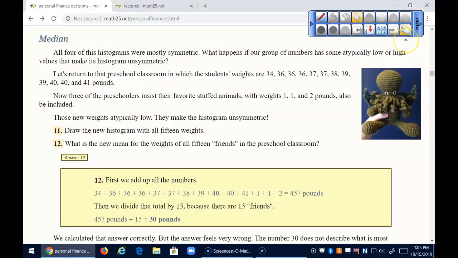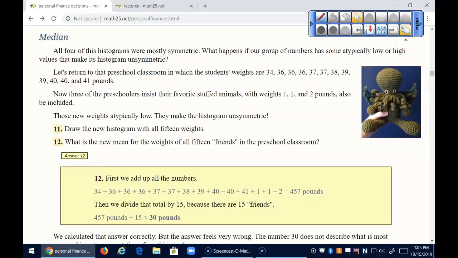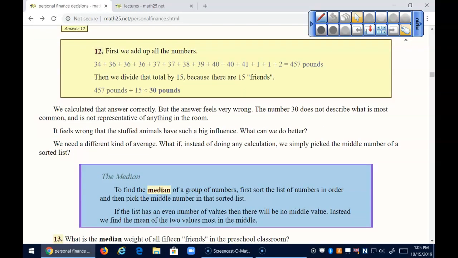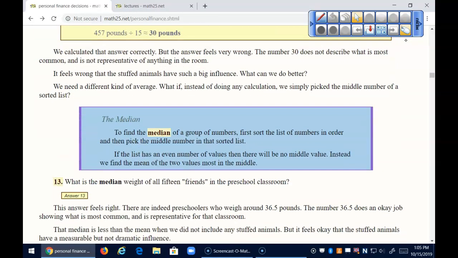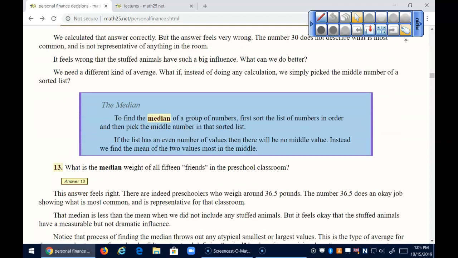But in real life, this happens all the time, actually. It's not with stuffed animals, but with other things. Tricia did an amazing thing earlier. She said, let's take the smallest and the biggest of the shapes and toss them out, and repeat that until we get to something in the middle. Remember when she said that? So that's what the median is.